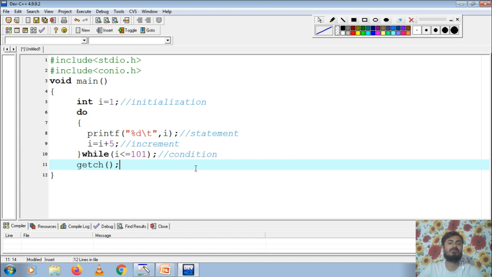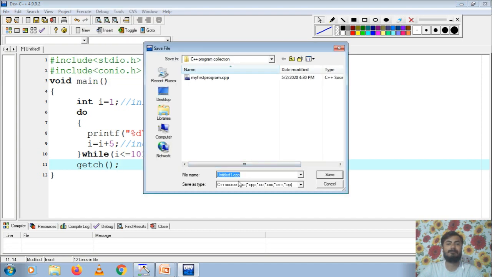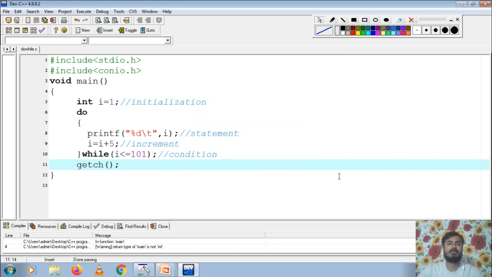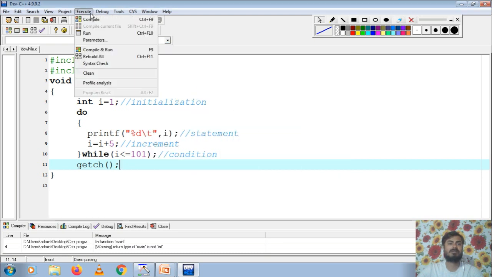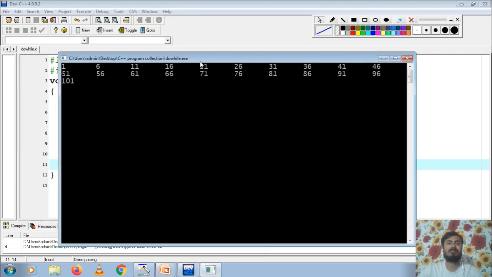So let us try to run this program. Compile. Okay, let me save the file, give the file name. Let's say do while loop. Let us save it. Okay, program is compiled successfully. Then let's run it. Okay guys, here you can see the program is giving some output: 1, 6, 11, 16,